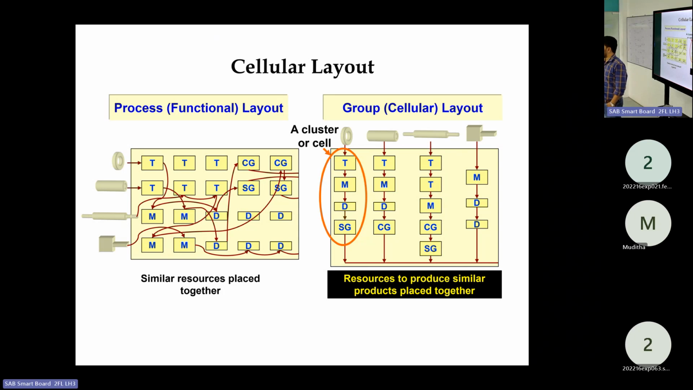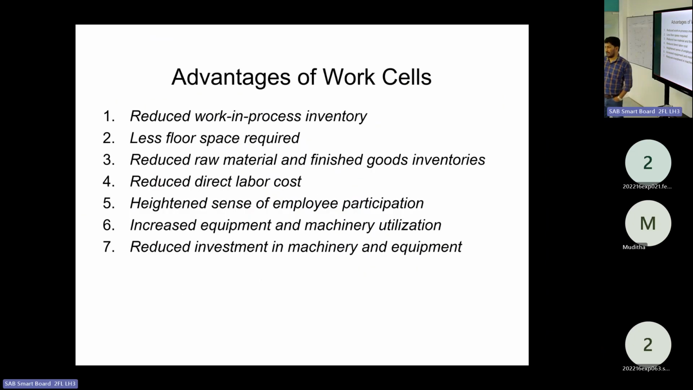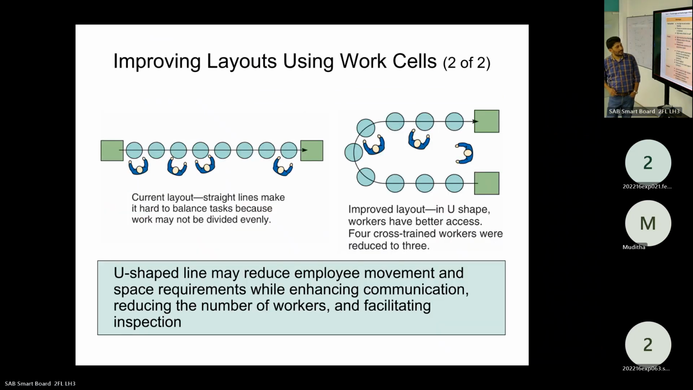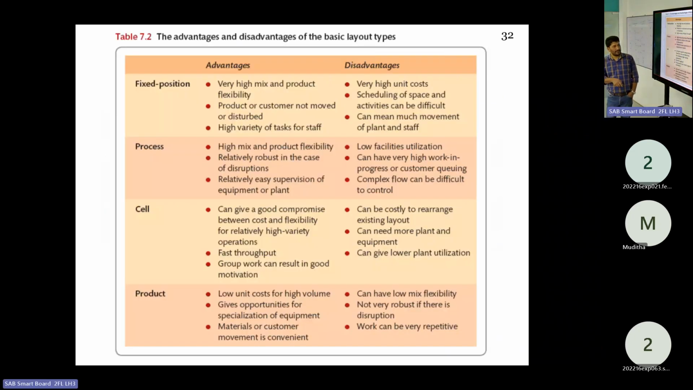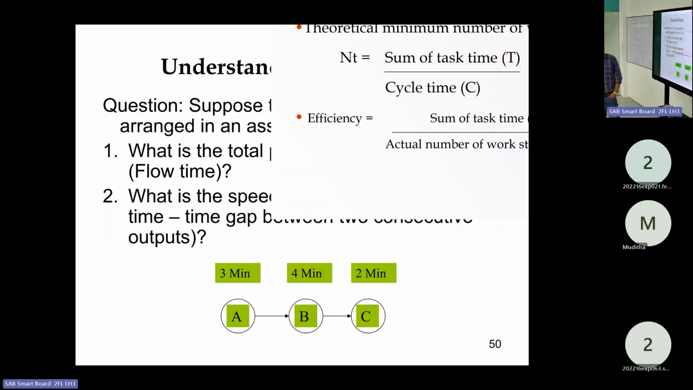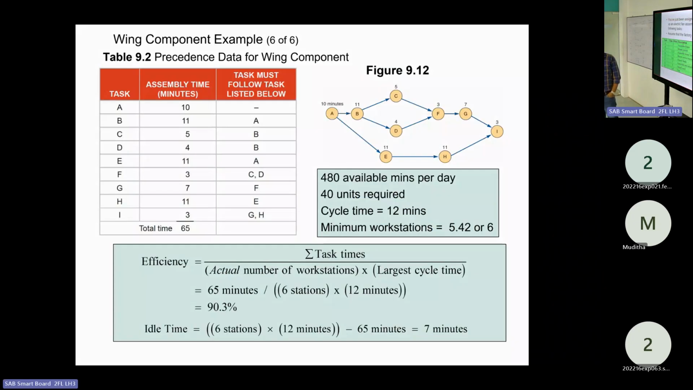That technology is called group technology, GT. To divide the products according to the groups and then have different cells for different groups. That is it. There are a lot of advantages with work cells if we go towards the end of it. The advantages and disadvantages of others are also given here. To conclude the topic,